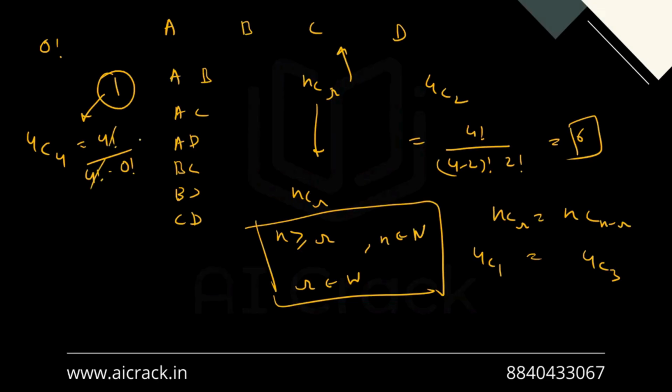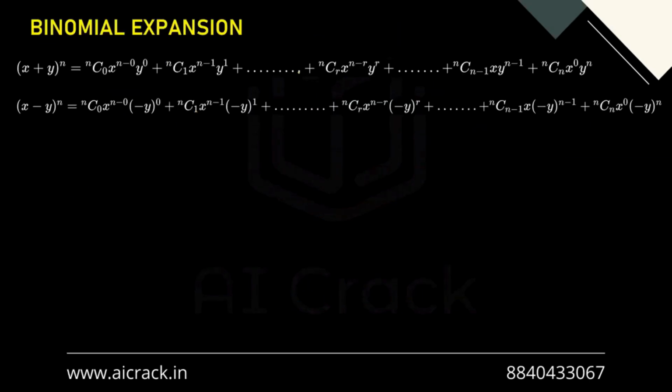Now this gets cancelled out and this is 1. So this means 0 factorial has to be 1 to satisfy this condition, right? Now, since we have talked about basic things about nCr, factorial, and the binomial expression, let us talk about binomial